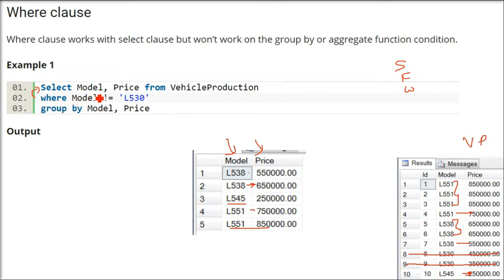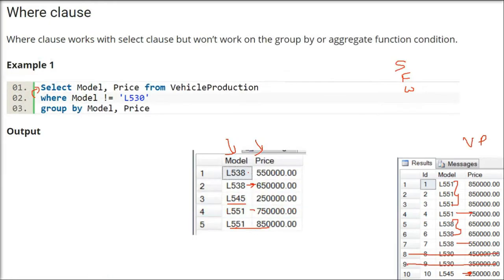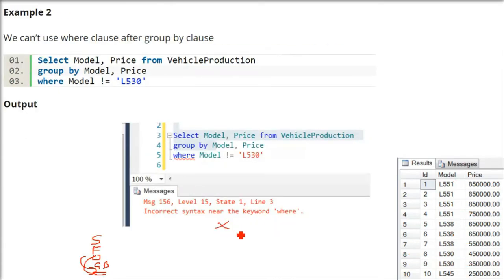Where cannot come after group by. I'll show you an example. See here, in this same code we have used just now, and now we have exchanged them. Group by is now followed by where, or you can say where is preceded by group by. So group by will always come after where. You cannot change this. If you want to do this, there will be an error. Same thing, I'm just taking these two lines and swapping them, and there will be an error.